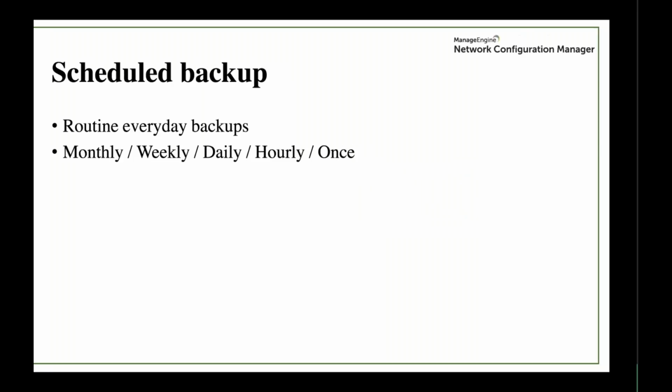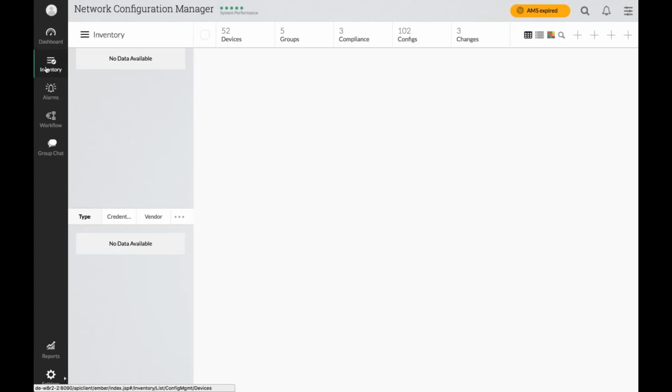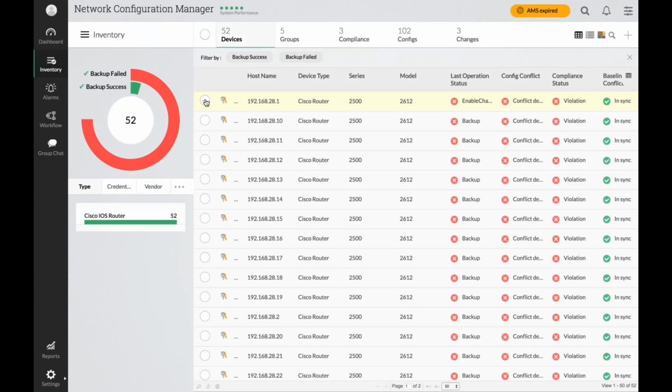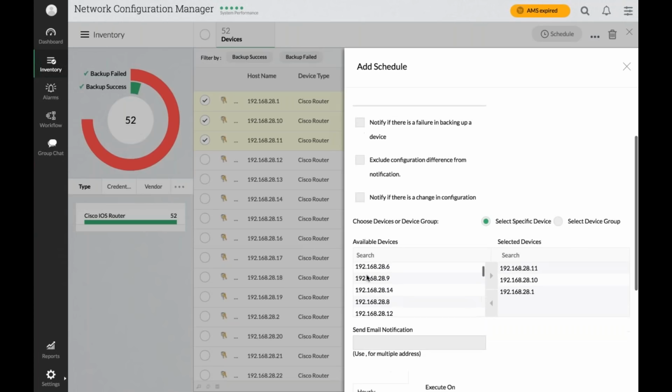Let's go to the UI for this. In inventory, here you have the option to select any number of devices and here you have the schedule option. So here I'm just giving some name for the schedule and here I can select any of the notifications and here there is the option to select more devices.